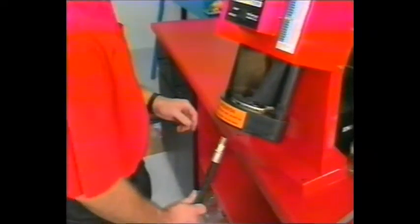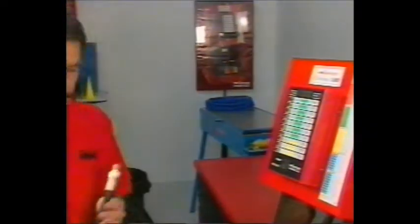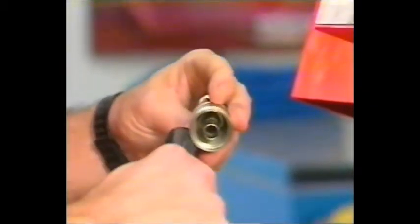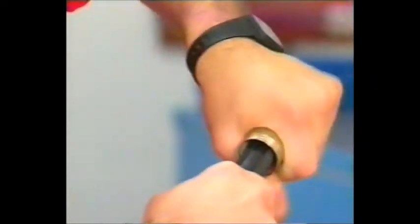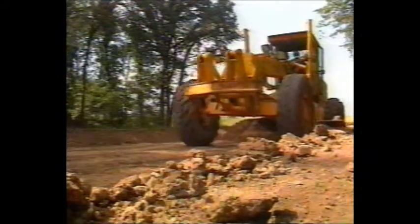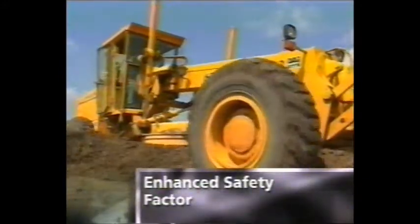Here's the breakthrough solution you've been waiting for, offering you many exclusive advantages over current competitors' products. The unique Matchmate Plus ring and color-coded mating system makes it fast and easy for any operator to get great results every time. Reducing the potential for assembly error increases your equipment uptime, with less likelihood of costly equipment damage